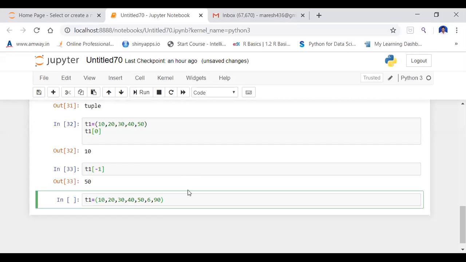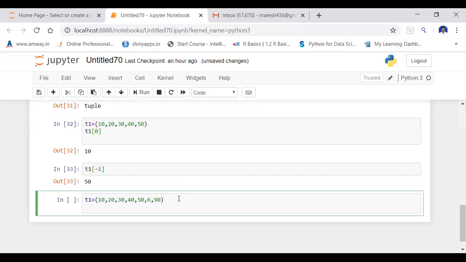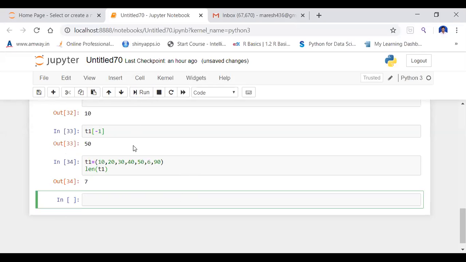Now I am going to find the length of my tuple, so I need to use the len function, and supply my variable name, that is T1. Length is 7: 1, 2, 3, 4, 5, 6, and 7. There are 7 elements in my tuple.